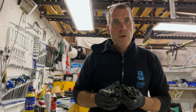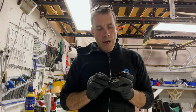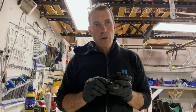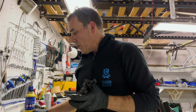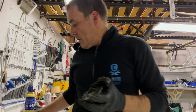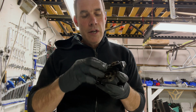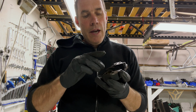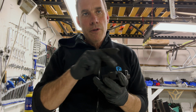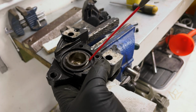So for those of you who have Brembo brakes or any brakes where you can't get these shoes out, I've figured out a way to do it. What I do is, because I can't pull them out because they're so solid inside, there is possibly still some movement in. And once it's been soaking for a few days, I'll just put some spray in there